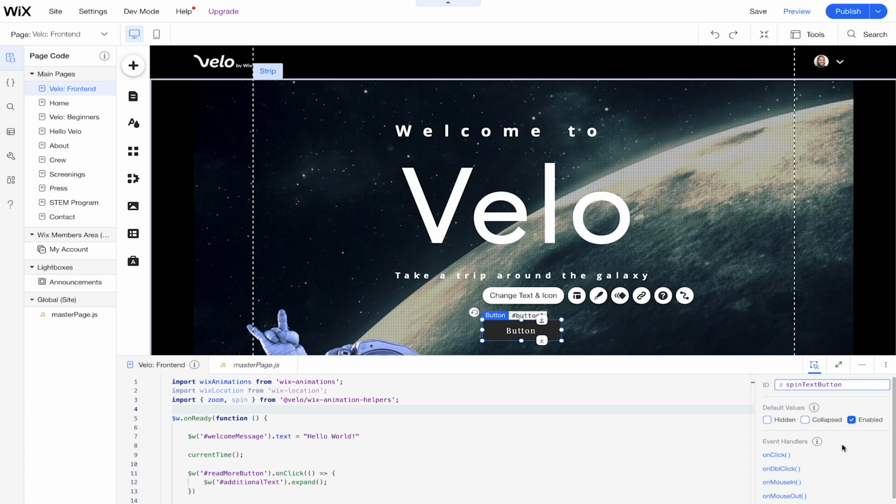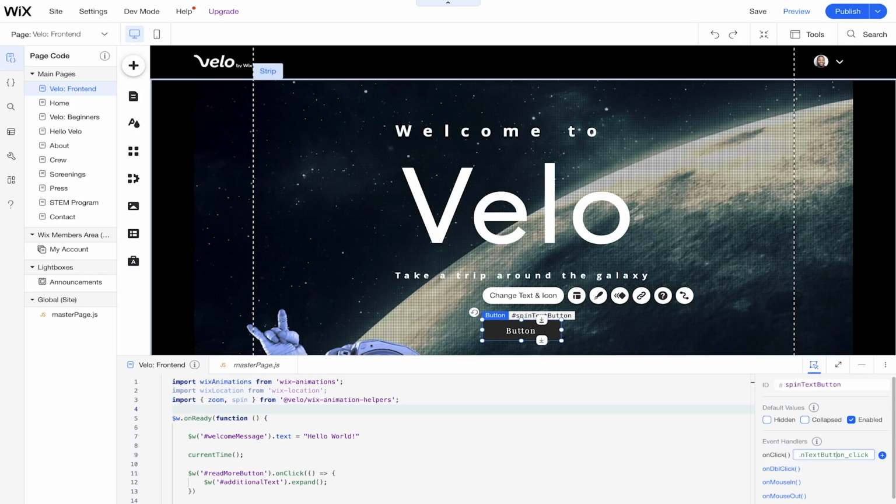So first starting with a static event handler, now that we renamed this element to spin text button, we're going to add an event handler, and I'm going to show you this workflow. We're just going to click on onClick because this is the function that I want with this button. When I click this button, I want some type of action to happen afterwards. So we'll click this, and you'll notice that right here next to the onClick event handler, we have spin text button underscore click. So it's the name of the ID that I stored already for this element. And then I also have underscore click, which specifies the type of event handler that is actually happening.